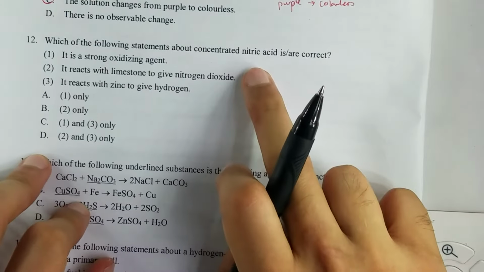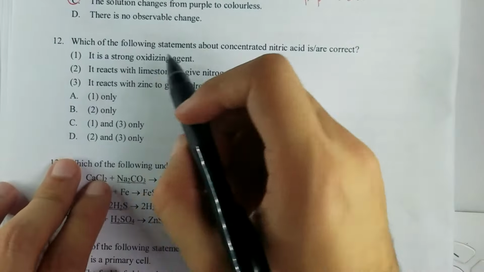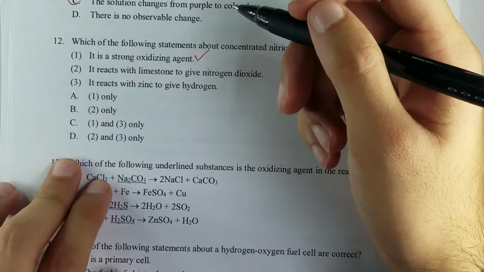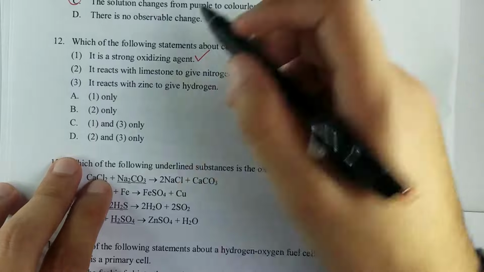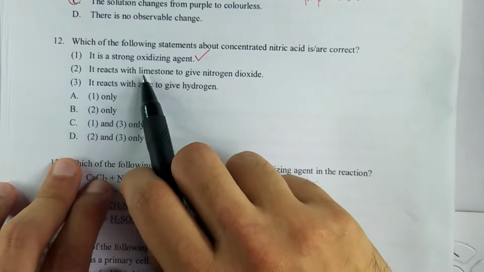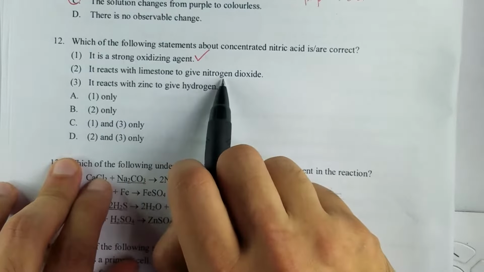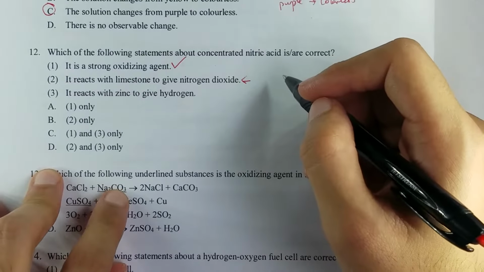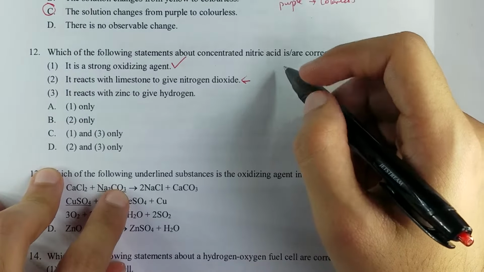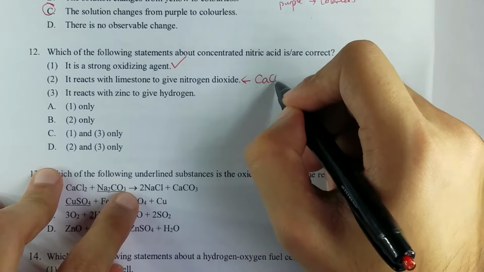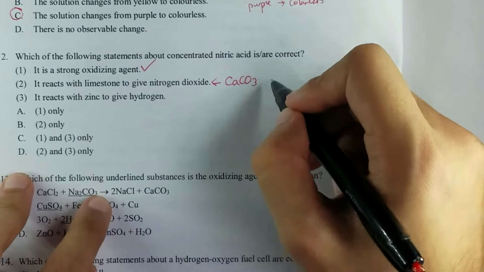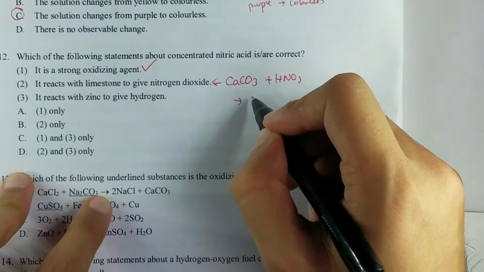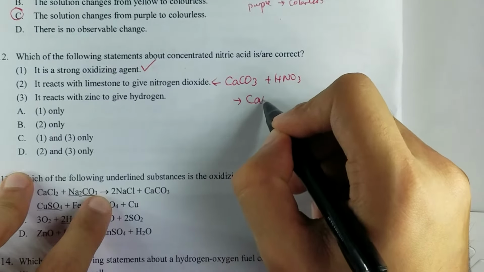Number 12, concentrated nitric acid. Strong OA, definitely, because it can oxidize basically anything. It reacts with limestone to give nitrogen dioxide. Now that is not true. The way concentrated HNO3 works is that when it reacts with limestone, which is calcium carbonate, it just behaves like a normal acid, which gives out salt, which is Ca(NO3)2,